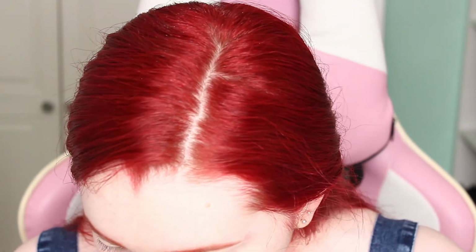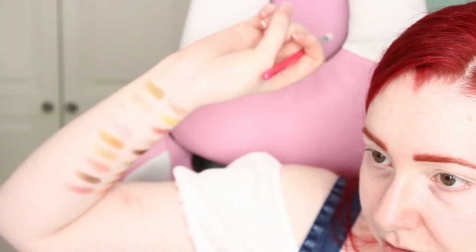Eyeshadow, I guess. Oh dear, I thought my brushes were clean, but it appears they're not. They're all kind of brown shades, so hopefully I've got enough that I can use. Okay, so these are my clean brushes. I've got a couple of fluffy ones, but two more defined ones, and whatever this one is, a smudger. Right, okay, so looking at the shades on my arm,